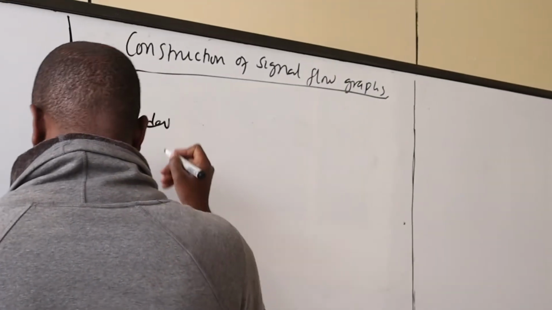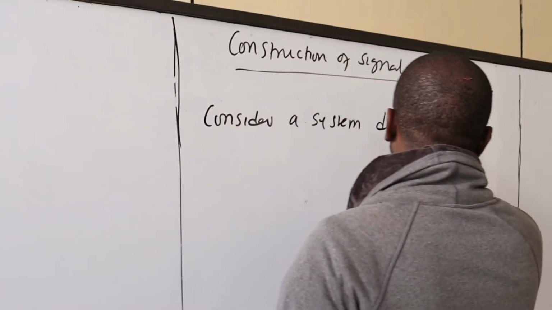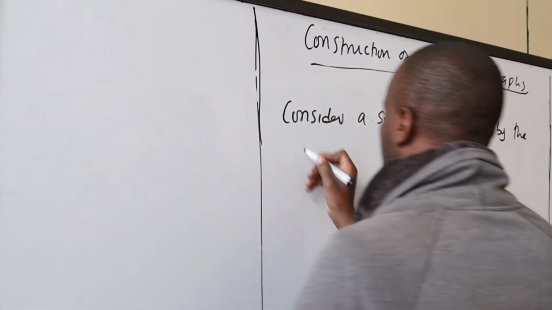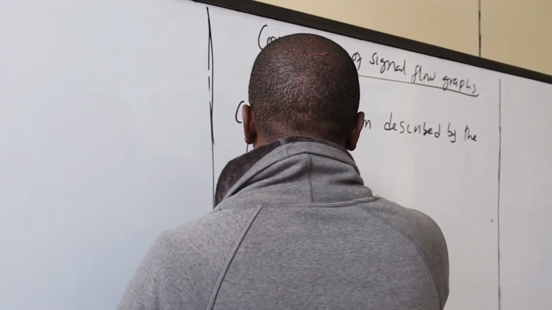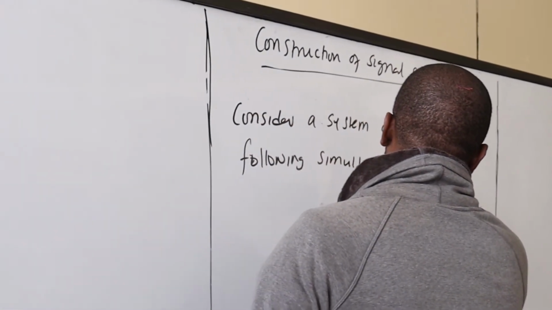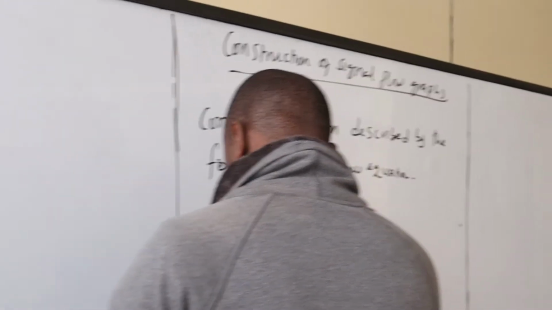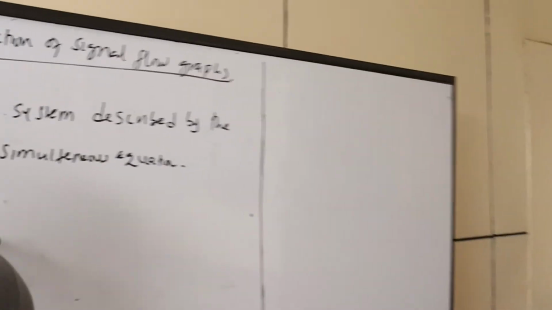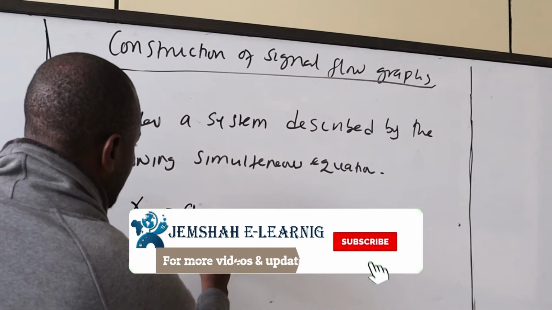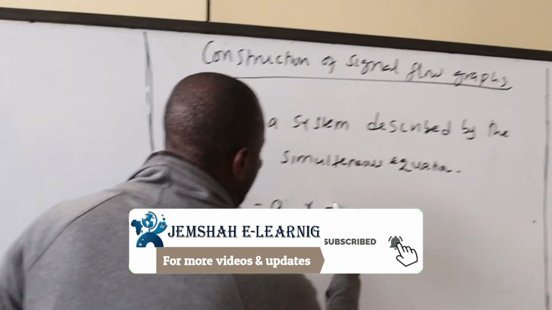Consider a system described by the following simultaneous equations. The first equation, we can have node x2. We can talk of x2, the equations describing x2. x2 is given as a21 x1 plus a23